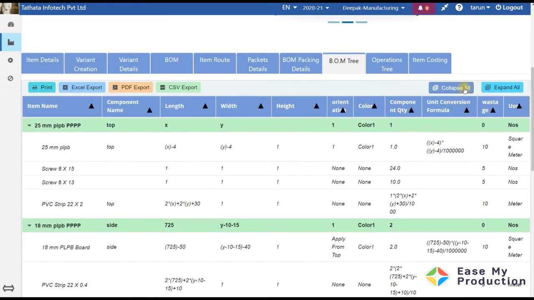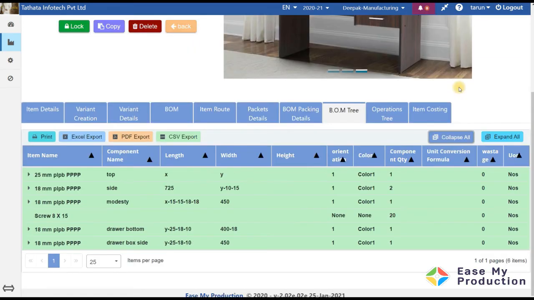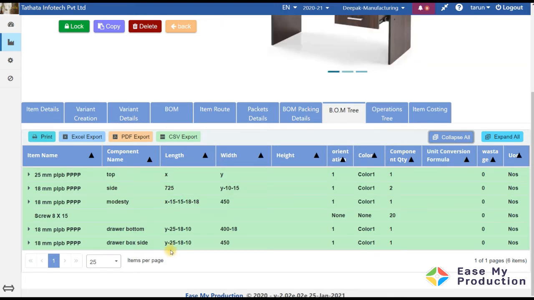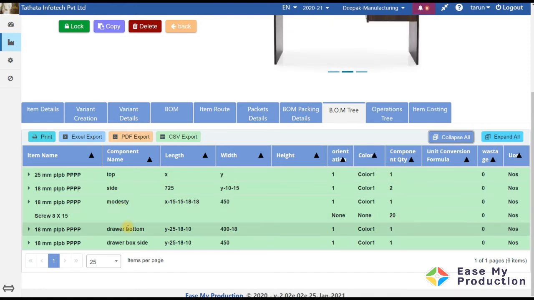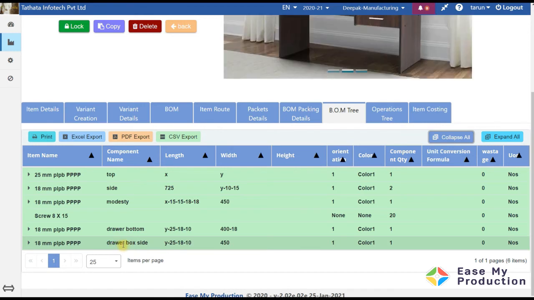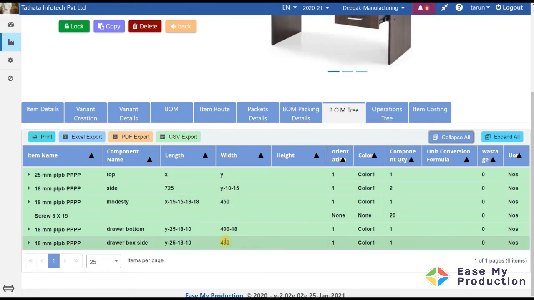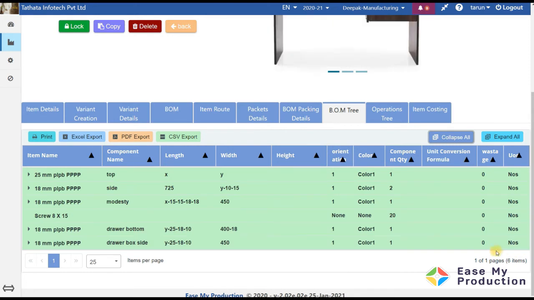So first I collapse this. Now see this. My top, side, modesty, drawer bottom, screws, and drawer box side. So you see this length, width, they have already come here, and all the parameters I can see here.